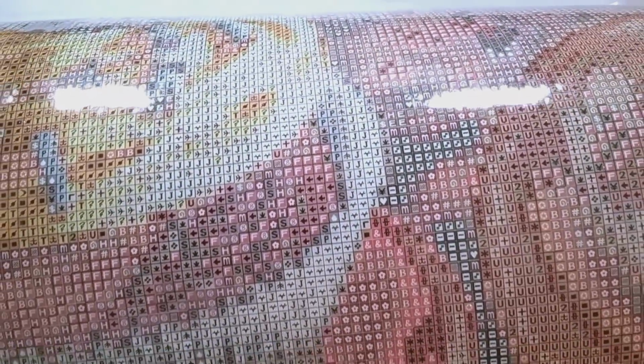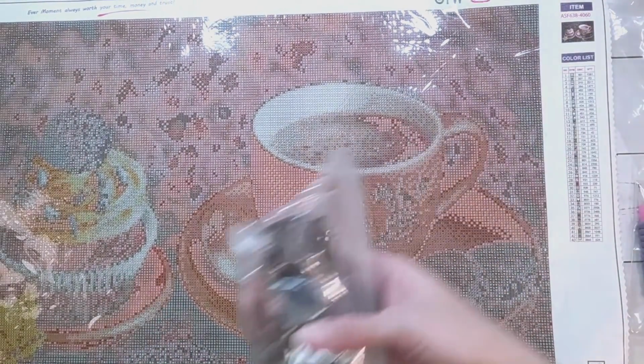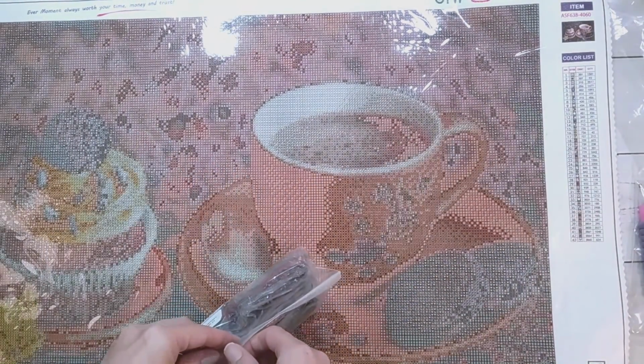So yeah, although I think if they were going to make the effort to put the symbols in a white circle, they could have made the symbol black. But it's still very, very clear, so I don't think I'll have any problems with this, other than the abundance of symbols in this. And the drills,